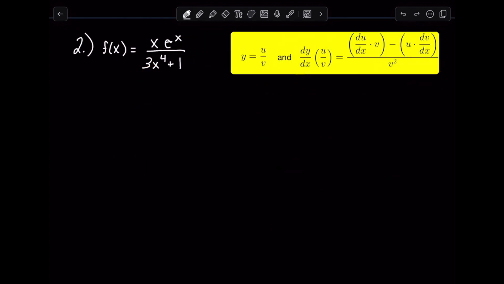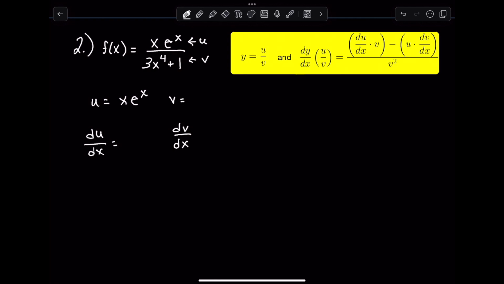Moving into question 2, we see we need to take the derivative of a quotient. So the first step is to define u and v, and then derive those two values. So as we noted before, u is the numerator and v is always the denominator. So we have u as x e to the x, and v is 3x to the 4th plus 1. So we can easily derive dv dx as